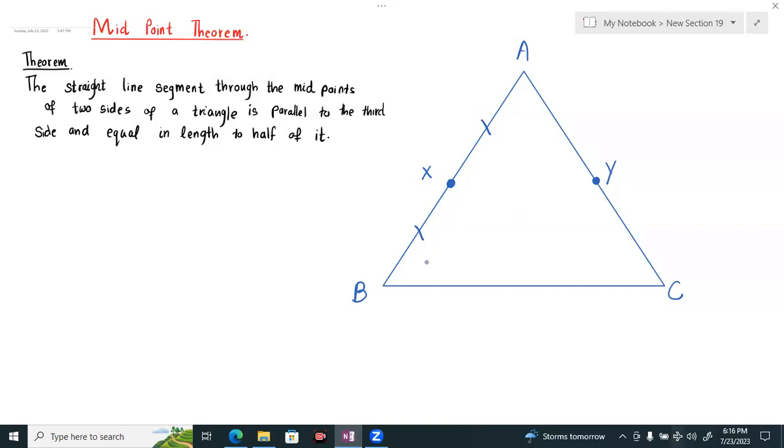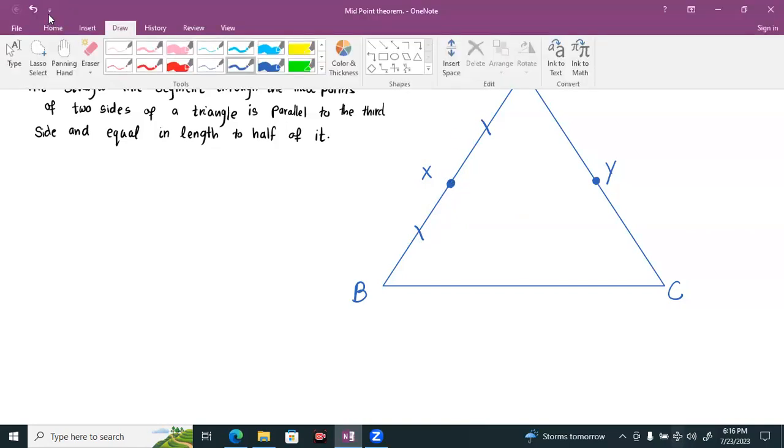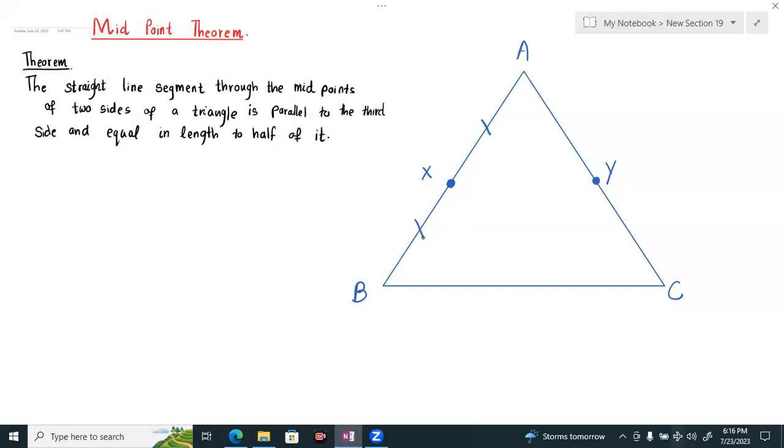By looking at the diagram, how we identify x is the midpoint is because reading diagrams is very important, okay? You should know how to read a diagram by looking at the diagram with its given symbols, okay? Then when it is given like this, at once we can say x is the midpoint of straight line segment AB, the side of triangle ABC. And here y, it is given like this. If it is not an isosceles triangle